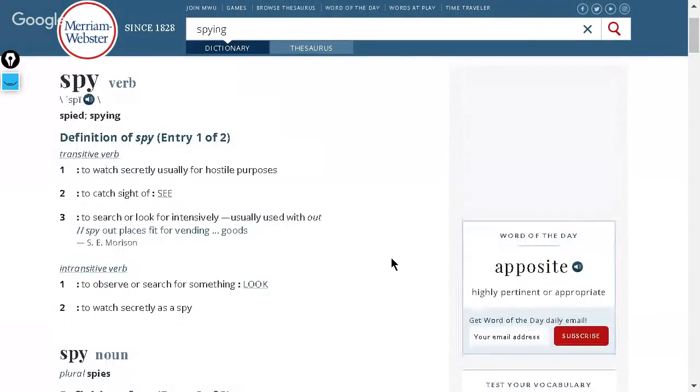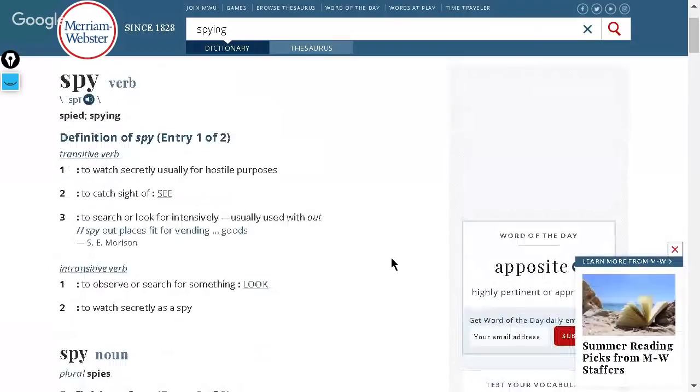Spying: to watch secretly, usually for hostile purposes. To catch sight of, or to search or look intensively. Usually used with "out": spy out places fit for vending. I never heard it used that way, have you? Speaking of spying,